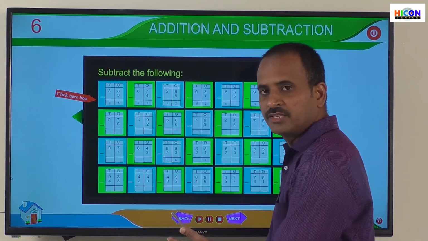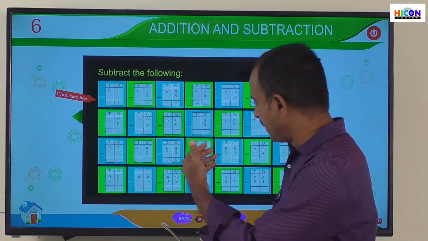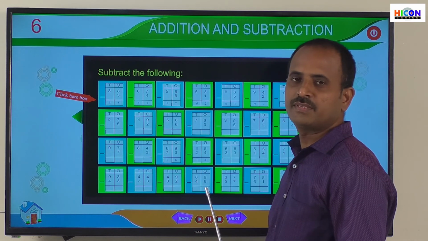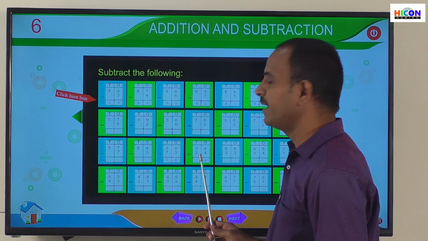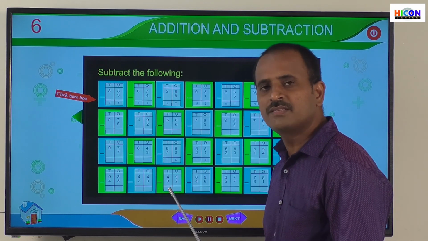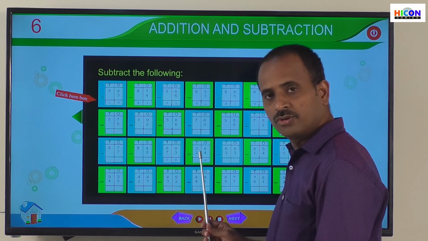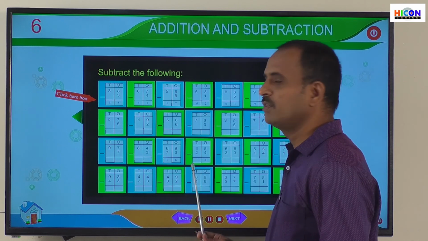So next you go to the tens place. The same way, subtract the digits present in the tens place. What are the digits here? 3 and 2. That means 3 minus 2. So 3 minus 2 means open 3 fingers and close 2 fingers. The remaining fingers will be the answer.